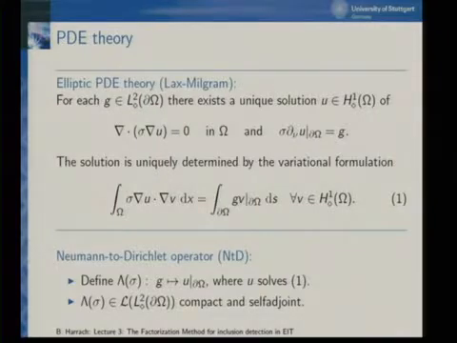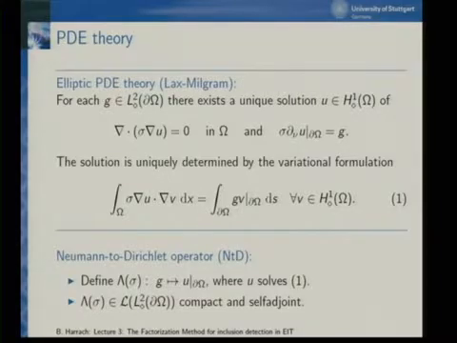And at least personally, I like to think of it as a current to voltage map, because then I can interpret this thing as an operator going from L2 to L2. For example, if we think of measurements just on part of the boundary, it's no problem going from L2 on all of the boundary to L2 on part of the boundary. And if you're doing these things with H1 half and H minus 1 half, you get all these nasty boundary effects that are mathematically interesting, but don't have any practical consequences. So if you think of it as a Neumann to Dirichlet map, then you just have L2 spaces on the boundary, and things simplify